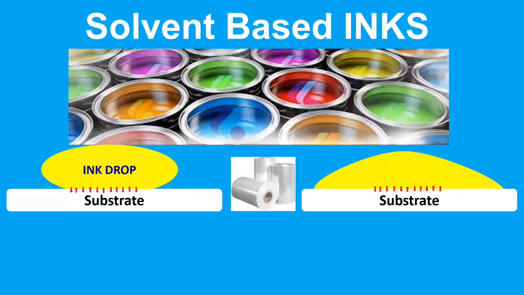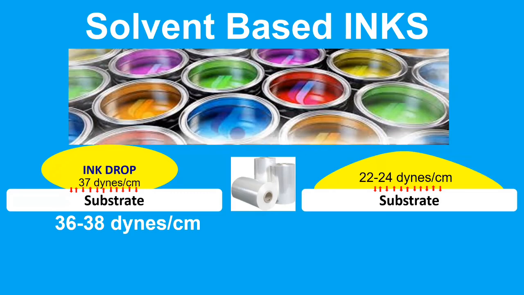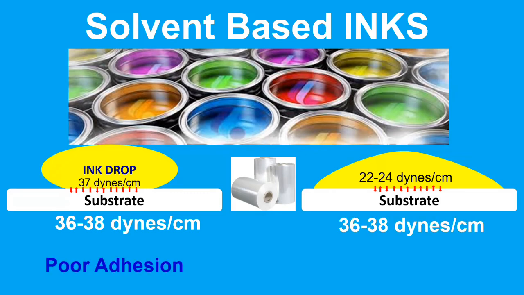For example, if you are using solvent-based inks, we are using multiple solvents. We are using ethyl alcohol, we are using glycol, we are using esters. We are using multiple types of solvents in solvent-based inks. So when we are printing, before printing, we also need to check the surface tension of